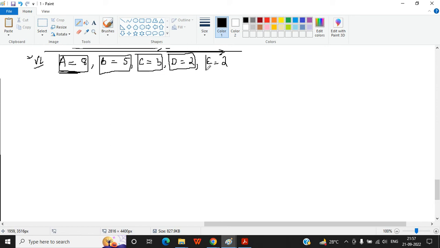So these are the nodes of the tree, the characters along with their frequencies. Now sort this node by frequency. If you sort, what will we get? 2, 2, 3, 5, 8. First we write E. E is 2.